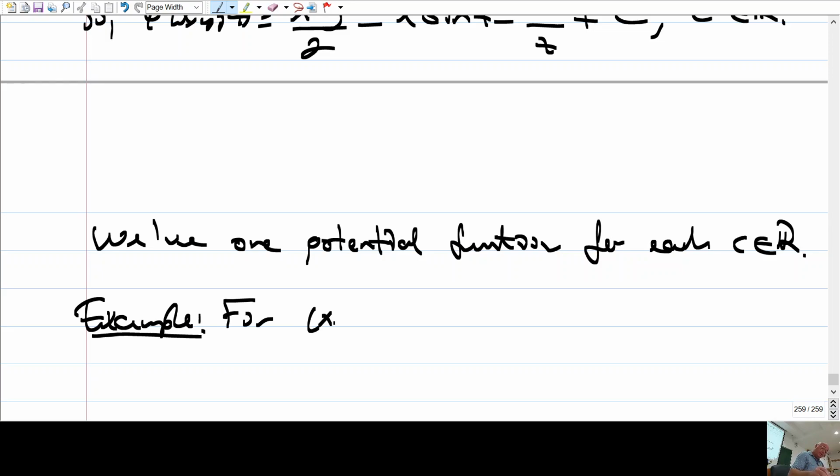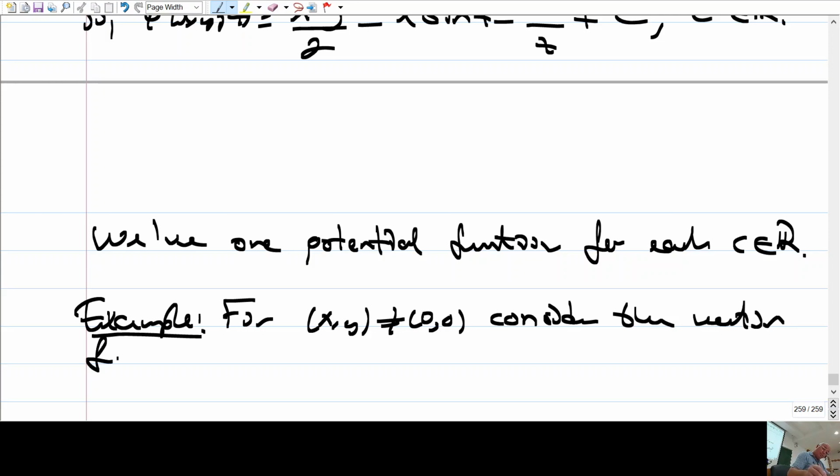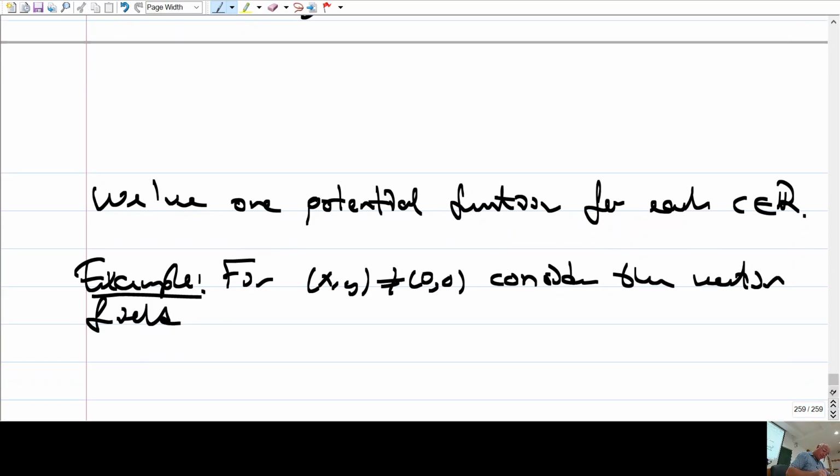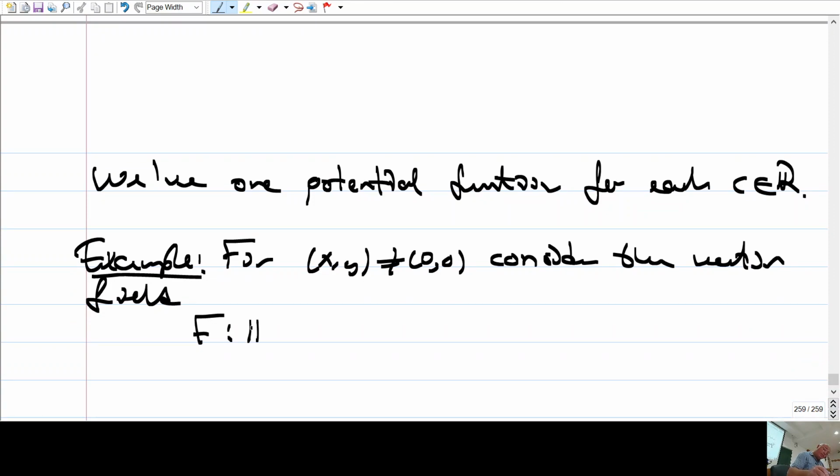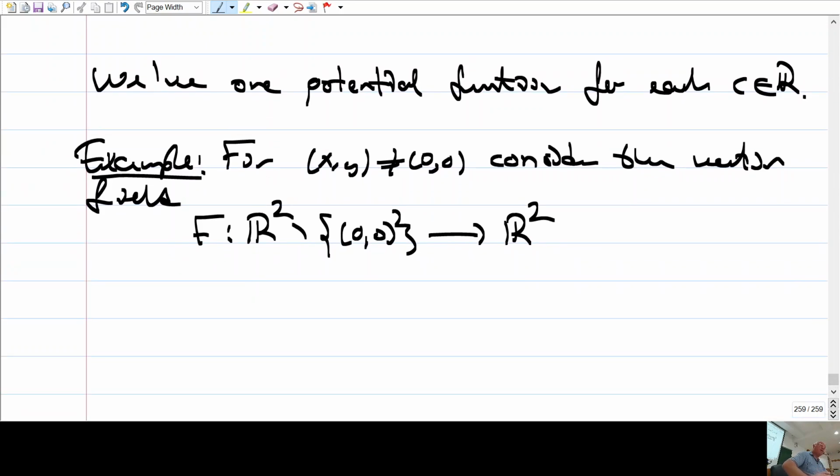For (x, y) different than (0, 0), consider the vector field F. Yani bu nerede tanımlı? R2 minus (0, 0). Değil mi? Orijin dışında tanımlı. And it takes values in R2, of course. So it's a plane vector field given by